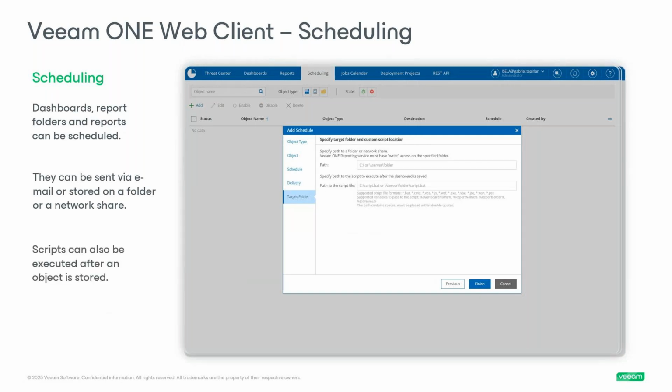Recipients. So if you're saving it to like a file server or something like that, obviously the path would be what that's for. Or if you do it without the backslash and just put a drive letter, it would be on the machine that the Veeam ONE server runs on. That's where it would be stored, like the PDF or Word doc for the report. Well, yeah, if you wanted to, for whatever reason, run a script after the dashboard save, I'm sure there's some reason,